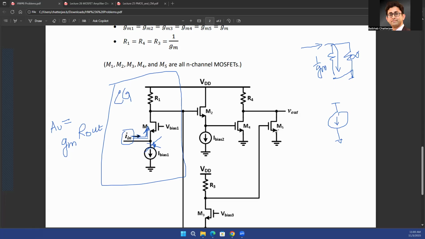Right, that's right. So that is the reason why this entire current will go through the source of the transistor and will flow up. Again, it could be a very complex concept to understand at first, but if you think about it, it's actually very simple. Current cannot flow through an infinite resistance. It will always take the other path, which is 1 upon GM resistance. Looking into the source of this transistor, you see 1 upon GM. So all the input current will go up,